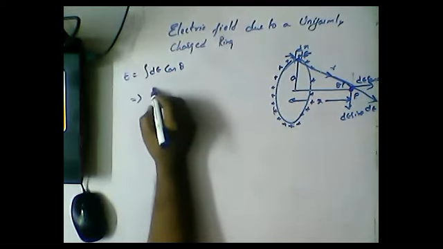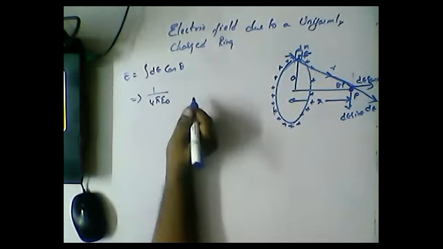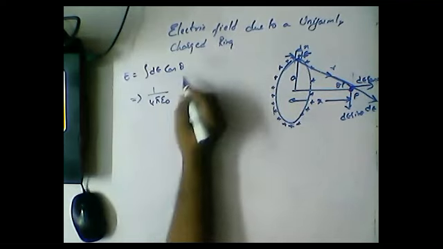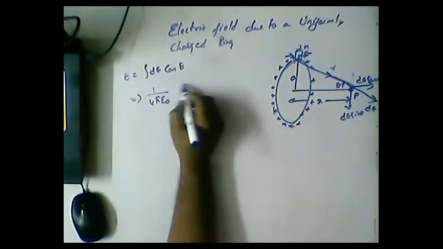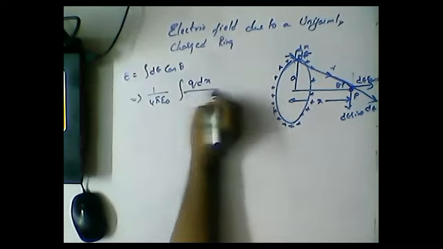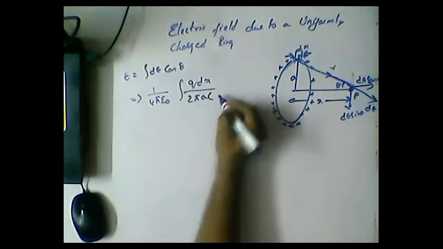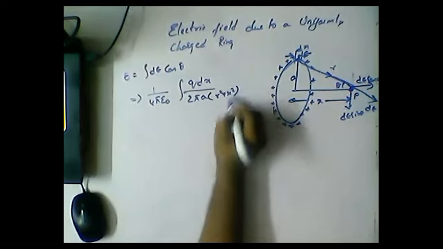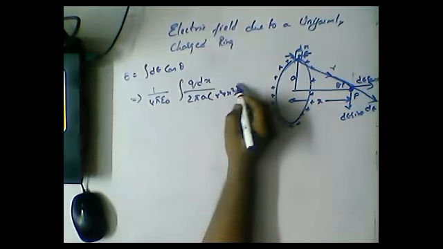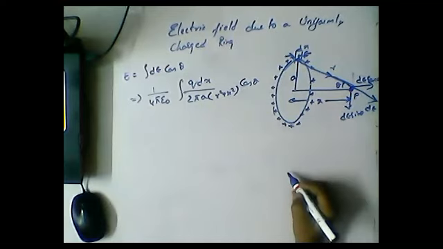1 by 4 pi epsilon, it is a constant value, so keep it outside, and we can write this as the integration of q dx by 2 pi a into r square plus x square. And here we have cos theta. But what is the value of cos theta? Cos theta is equal to,